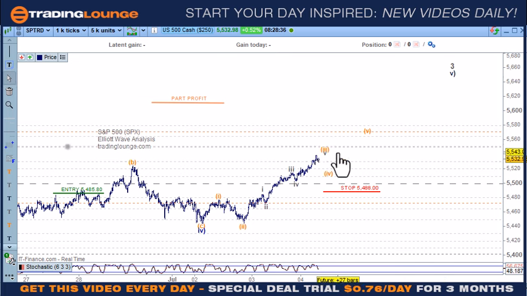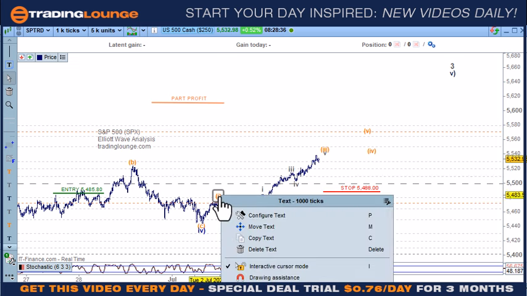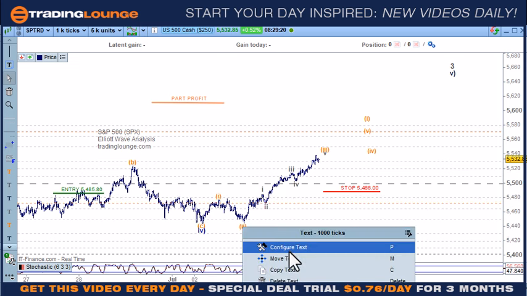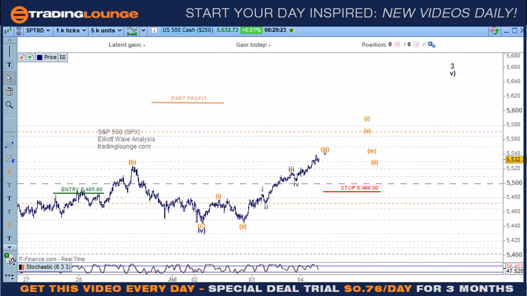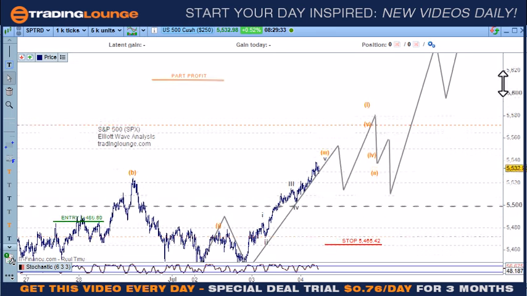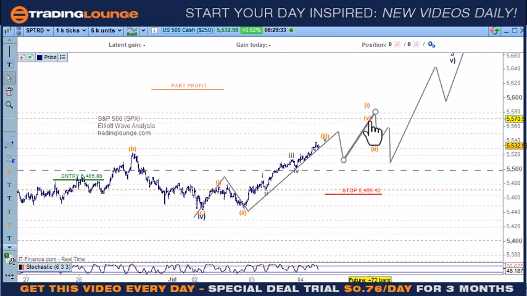Either way, I've either got to put this wave 4 over here, but also this here too. This here will become wave 1 here, and back for wave 2 over here. So in this case, I'll just draw it out for you. It'll be 1, 2 here. We've got 5 waves coming in here, which will be 3 and 4 and 5 up here, and then there'll be an ABC pattern, and then we'll go up for 3, 4 and 5. Okay, so all we need to do is just keep the stop out of the way if we've got any long positions in the market there,